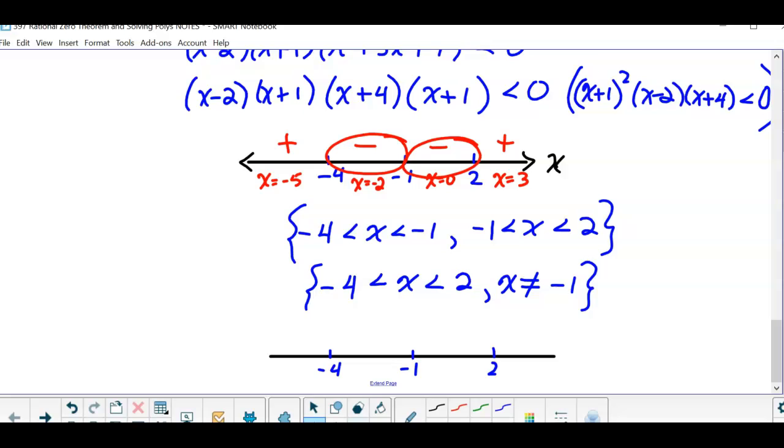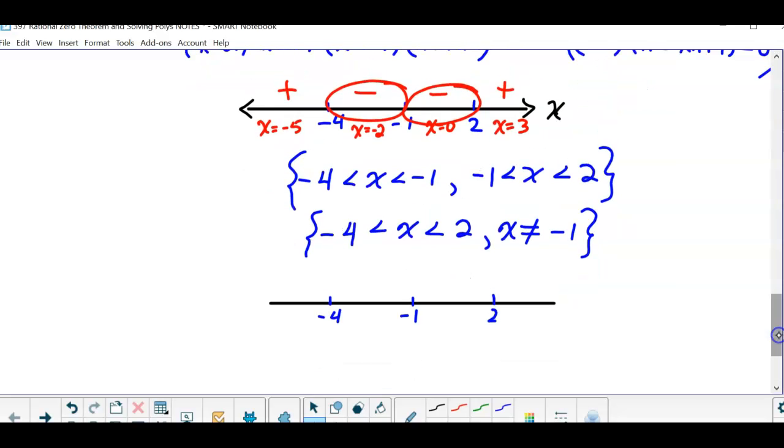So it's going to, let me just extend this a little bit. So if I were to sketch this, it would go down like this. Okay. Move that over a little bit. So there, everything that's below the x-axis is this part except for that point there. So this here and this here. Okay,